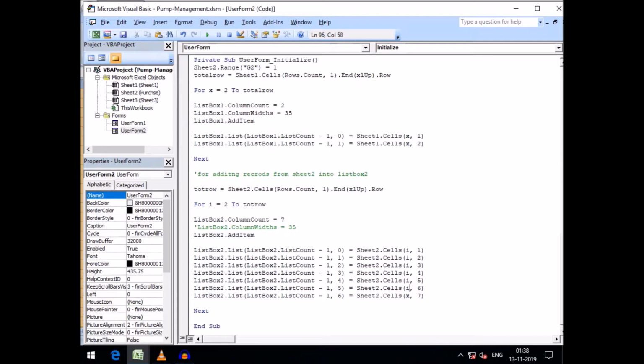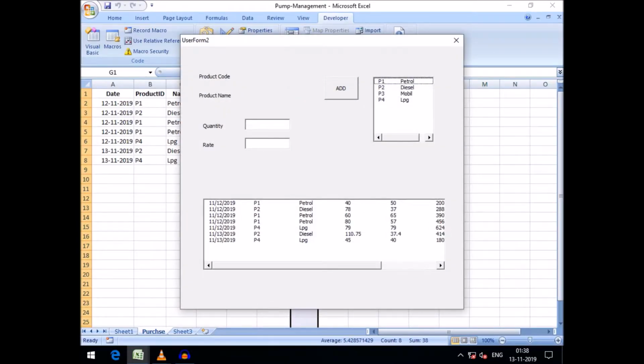Okay, we need to change X to I in this section, because the same variable cannot be used. Here I have changed X to I, so we need to put I here, that is the row number, starting from column 2 of sheet 2, starting from row 2 of sheet 2. Okay, so let's try. Yes friends, now everything is clearly seen,